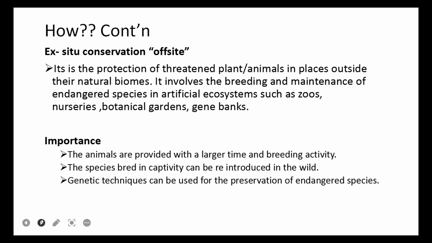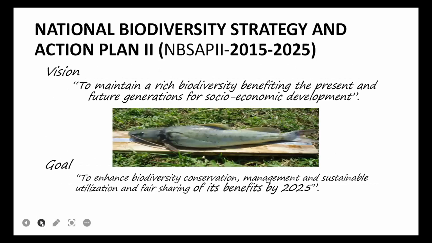So we have here genetic techniques that can be used for preservation of endangered species. Here you can use these modern techniques to use the genes, make them multiply and preserve them, most especially those you think are at high risk of being destroyed or mismanaged. Thank you. I think another colleague can come in. Thank you so much.